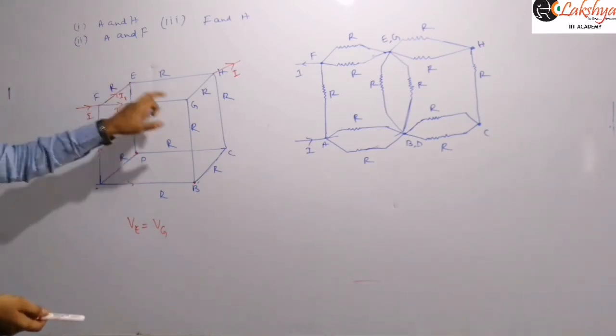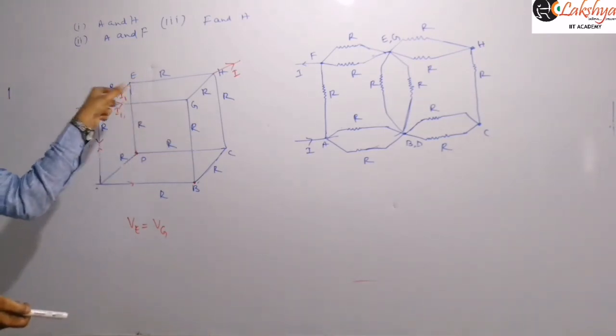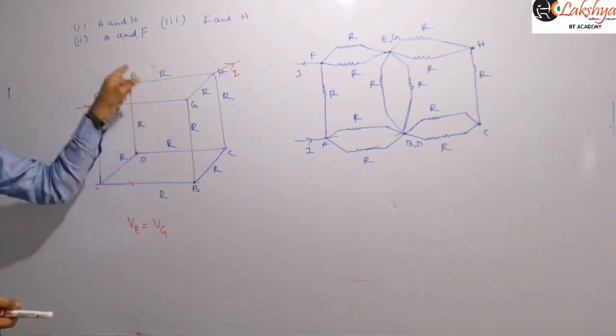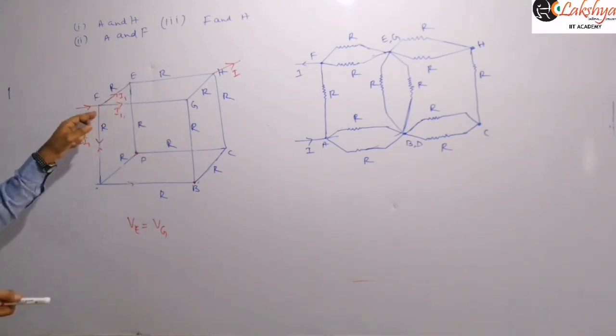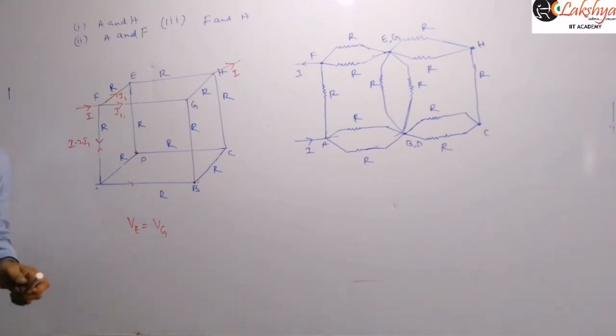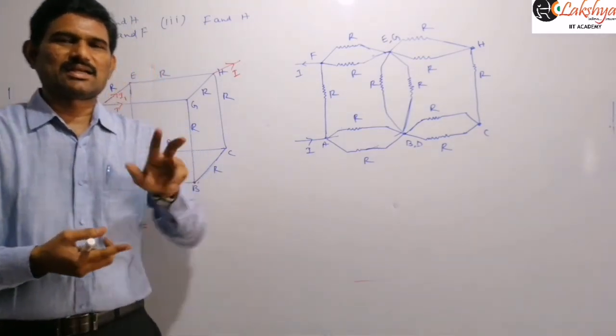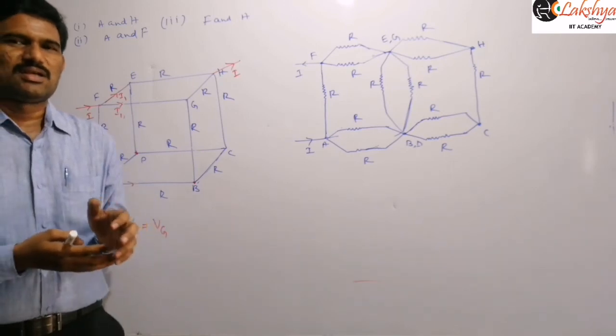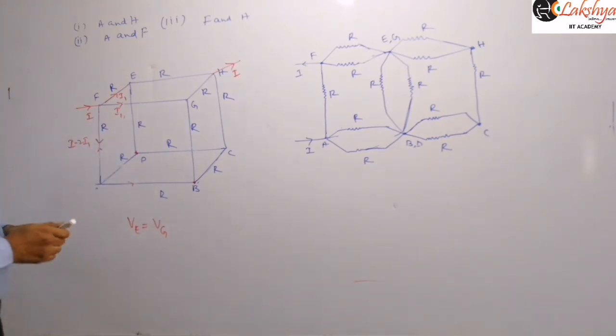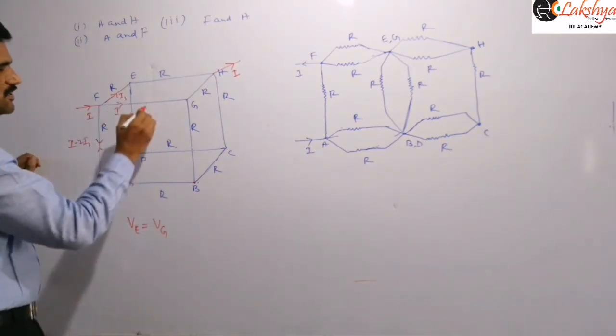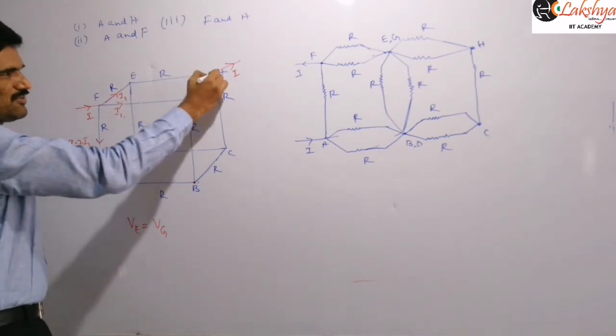So these 2 points must have the same potential difference across them, which means these 2 points must be at the same potential, because one point is already common for both of them. Next, we need to apply one more concept, as I have been saying from the beginning: when the currents entering and leaving junctions are similar, then similar current should flow through the identical or similar paths. So now let us come to the leaving junction.